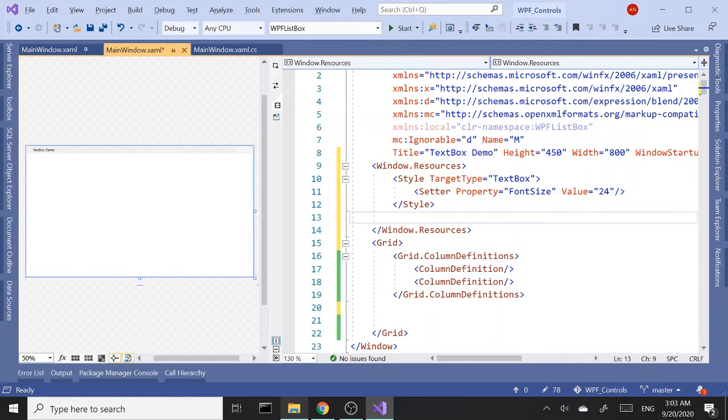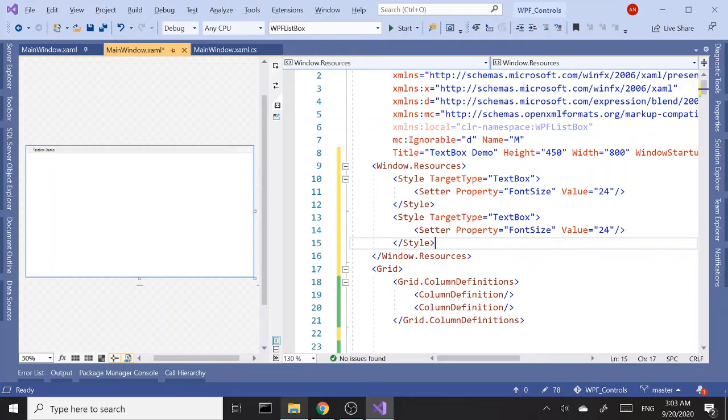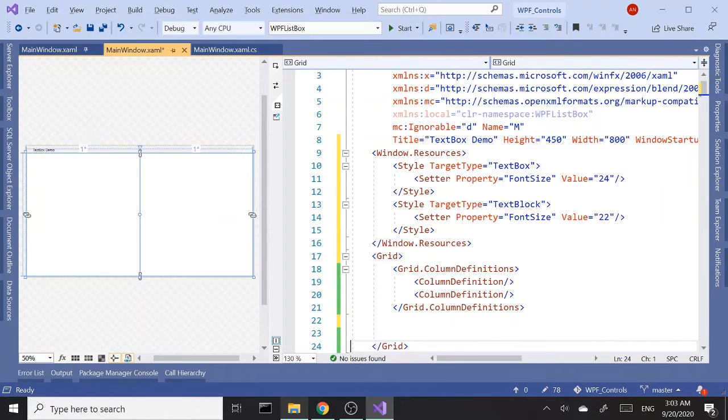I'm going to use the text block as label only, just to describe what's going on. All right, so let's change this to text block, and let's go with 22 for text block. Okay, let's collapse these,